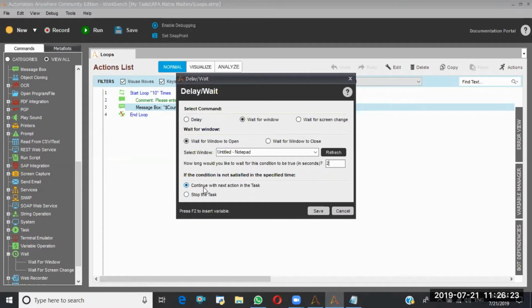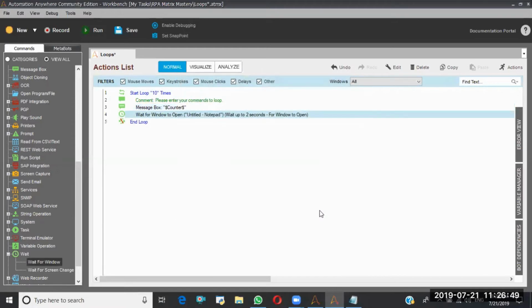This is the error case. If this window is open, well and good. If in the given time this window is not open, what should I do? Do you want me to continue with the next action, or do you want me to stop the task? I'm stopping the task. We will discuss this wait command again later. As of now, just remember this.